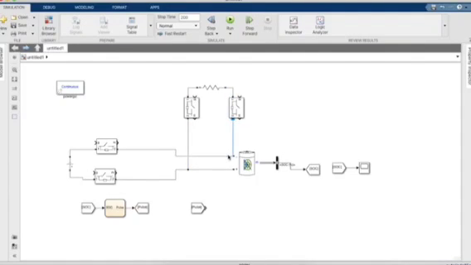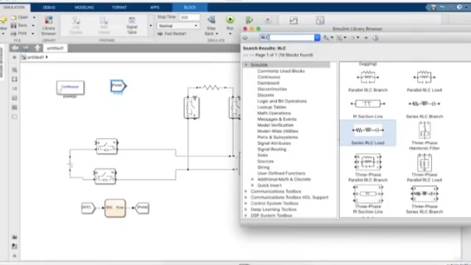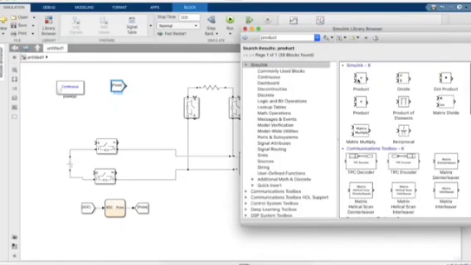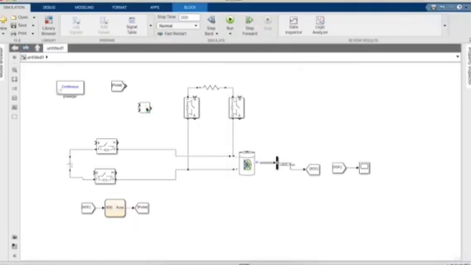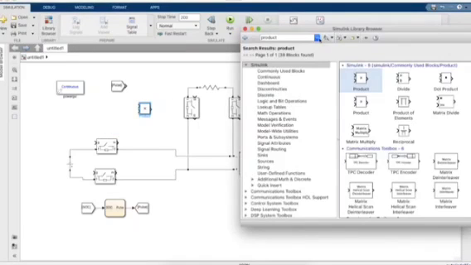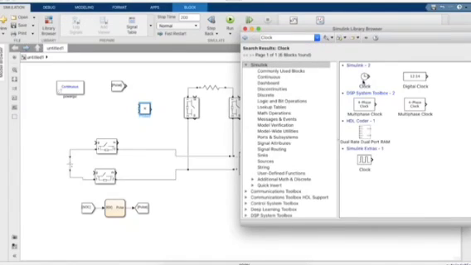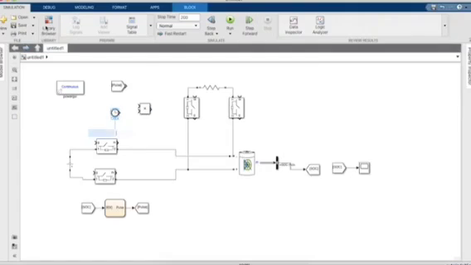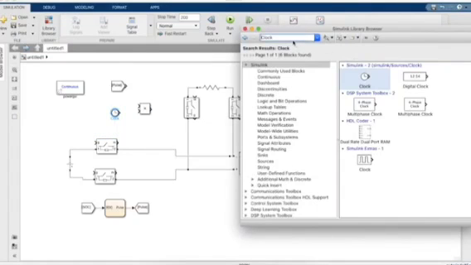So we need the discharge to happen between 50 seconds and 150 seconds of the simulation. In this clock we want to set it between 50 seconds and 150 seconds for the simulation.